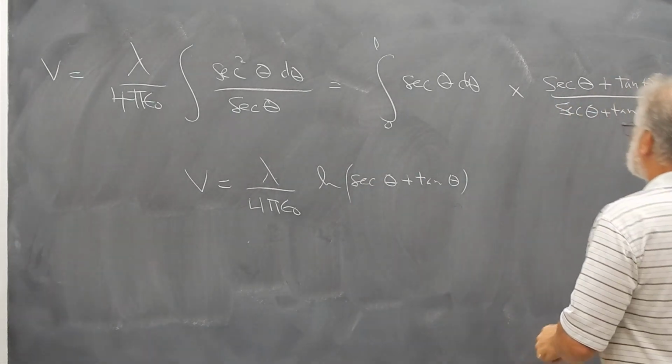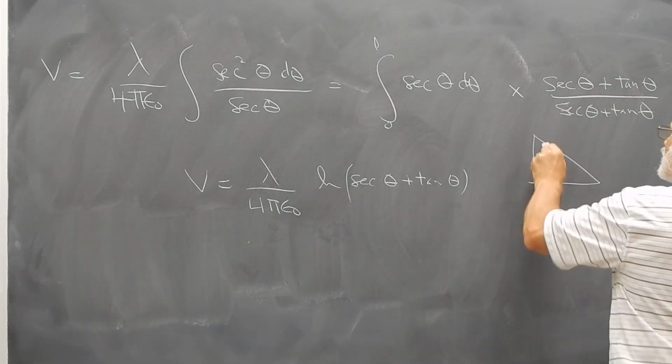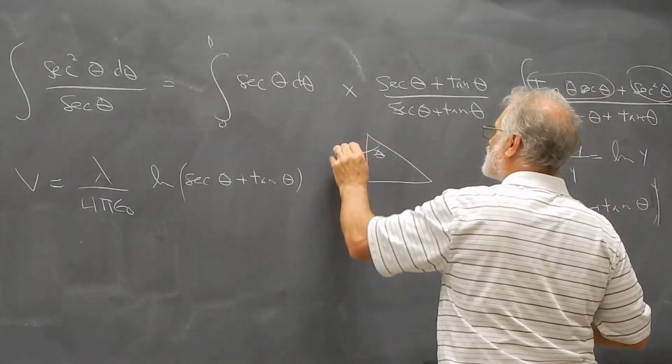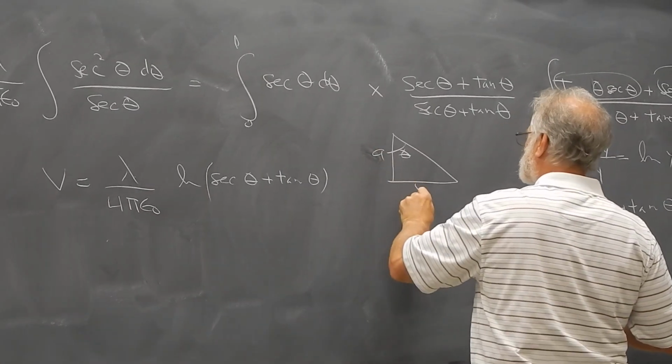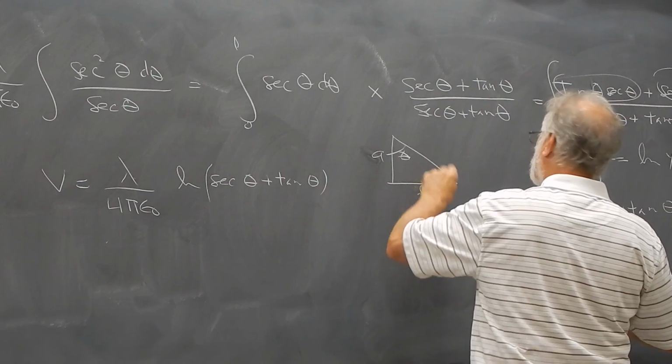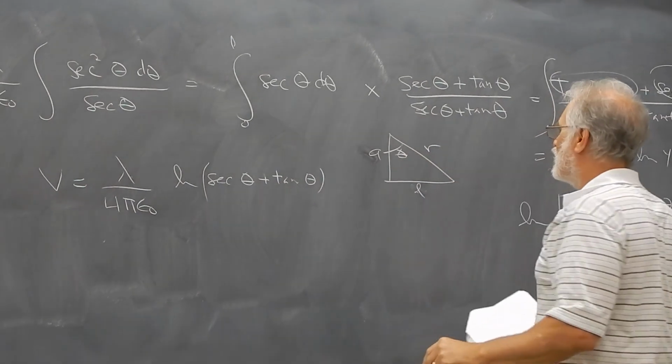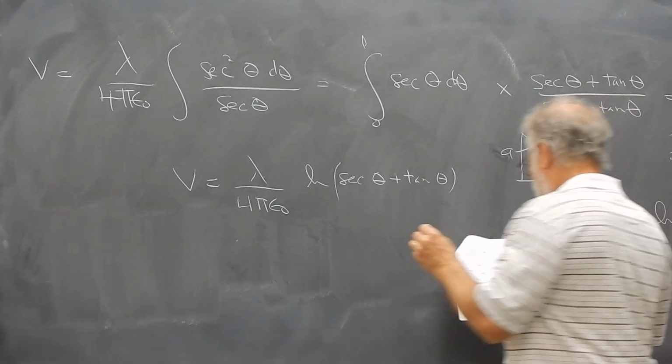If I look at my triangle, that's theta, that's A, that's L, and that is R. So what I have immediately is that